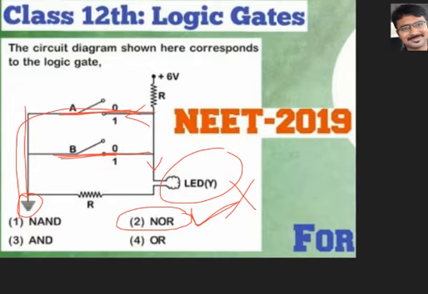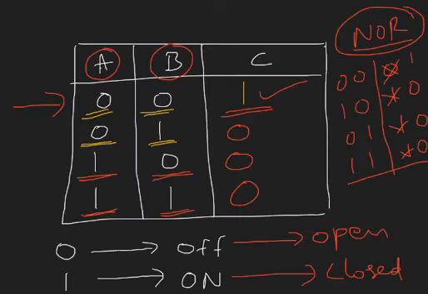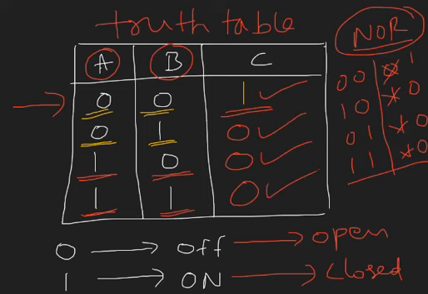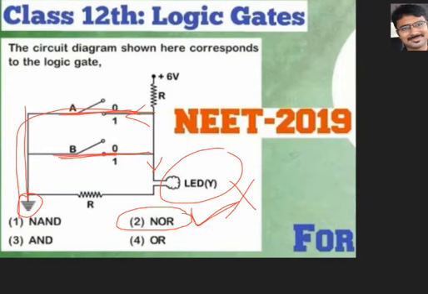So how did you come to know that it is NOR gate? By observing this truth table, I understood this gate is NOR gate. So 0 0 is 1, 0 1 is 0, 1 0 is 0, 1 1 is 0, then we can identify it as NOR gate. Like that we have to identify the gate in this question. I hope now you have understood how you got NOR gate.